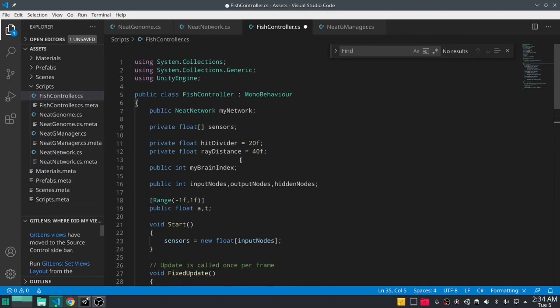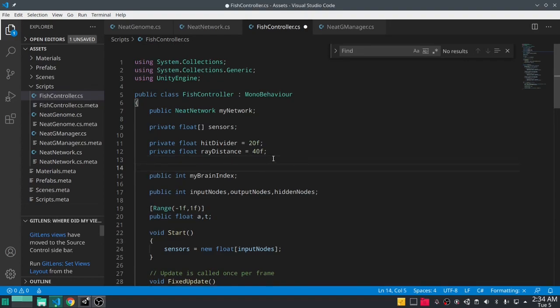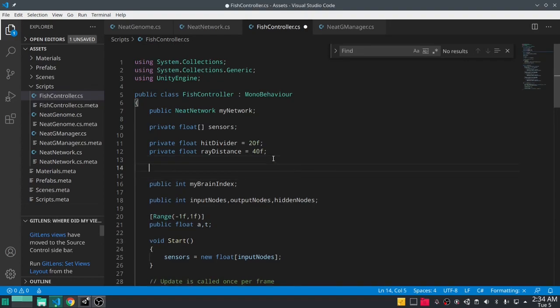Alright? So up above here, right in between brain index and the ray distance, we're going to implement a private float overall